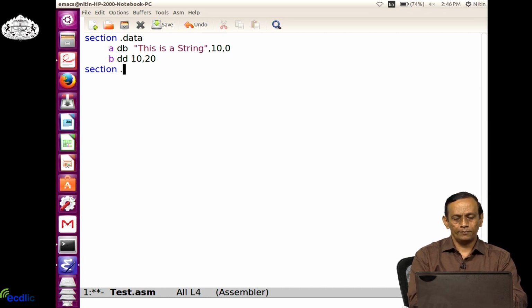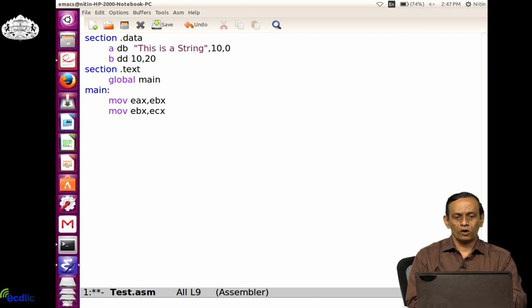Now, let me type section .text. As I am using NASM as an assembler to translate this, and to generate the object code, I am going to make use of LD as a linker, which is internally built into the GCC component. GCC requires main as a function, so I am using that. That is why we have to write global main, where our source code will start. Let me type a few instructions over here, for example mov EAX, EBX and mov EBX,